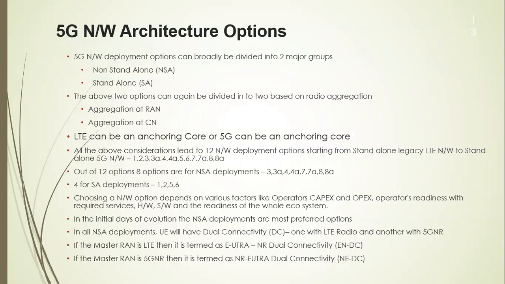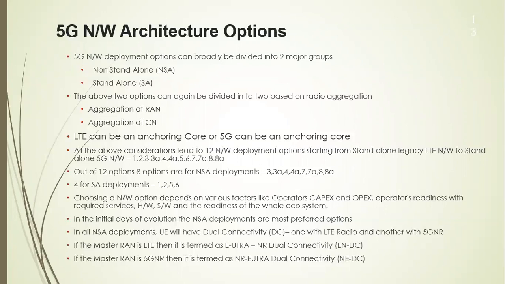For example, if a subscriber is downloading some data, and the subscriber has both 4G and 5G capable devices and has subscribed for both 4G and 5G services, then when he is downloading the data, if the download requires 5G QoS, then the EPC core can separate the data in the RAN entity, or it can be separated out in the core entity itself. So 4G data will go through